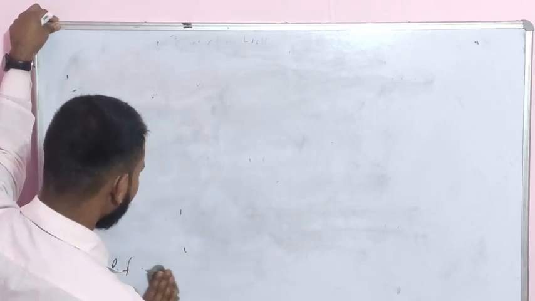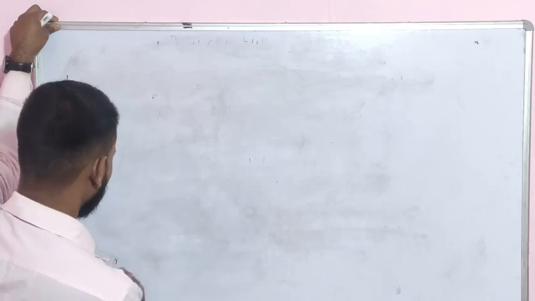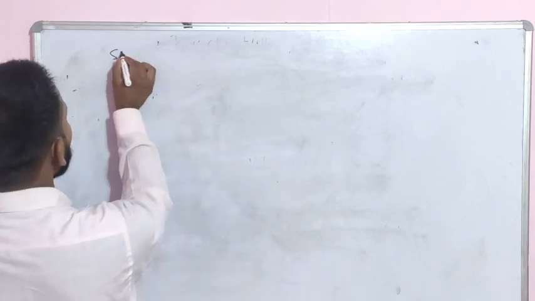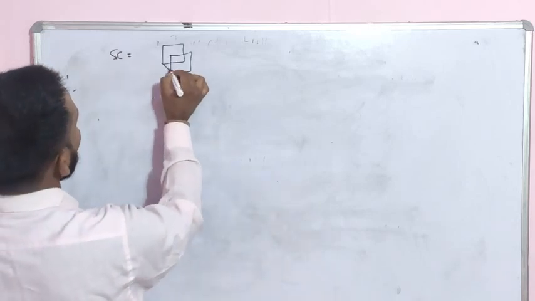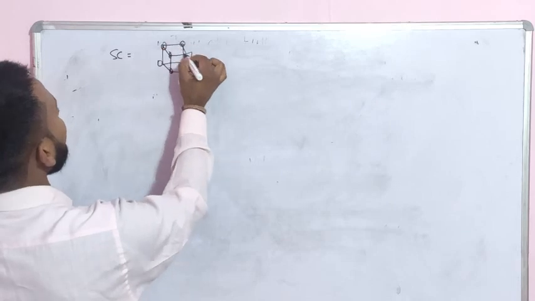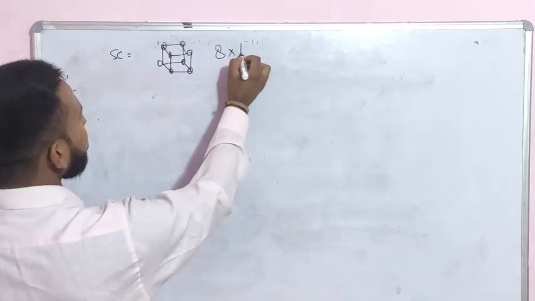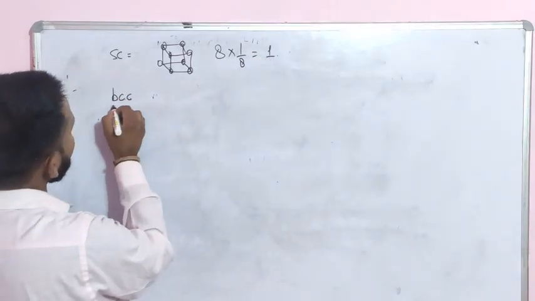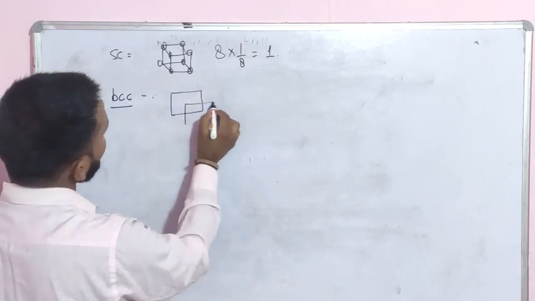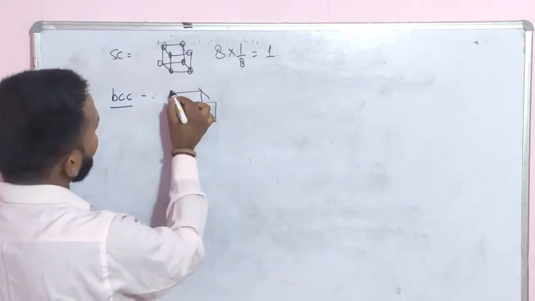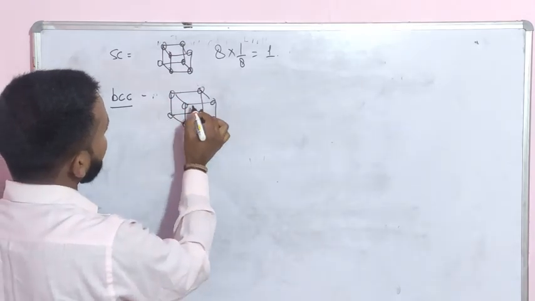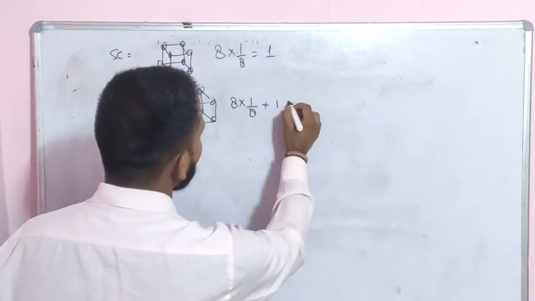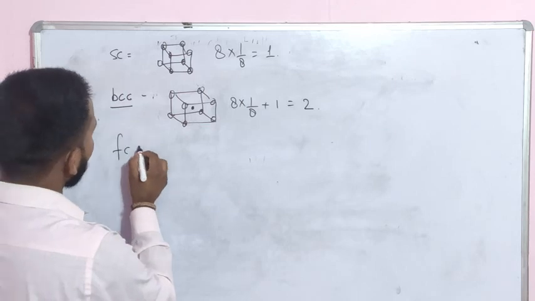If you are able to calculate the number of effective atoms for simple cubic, body centered, face centered. For simple cubic, all atoms are present at corners, meaning there are 8 atoms, each with contribution 1 by 8, that is 1. In a similar case for body centered, BCC, the number of effective atoms Z is 8 corners, contribution 1 by 8, plus 1 at the center of the body, that comes out to be 2. So similarly for FCC,